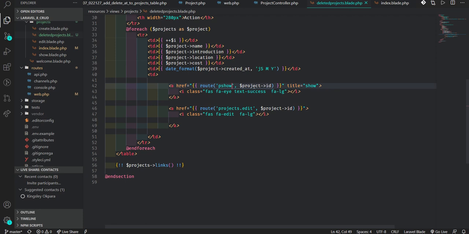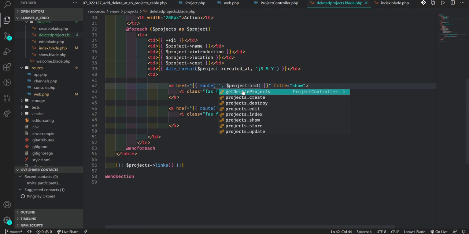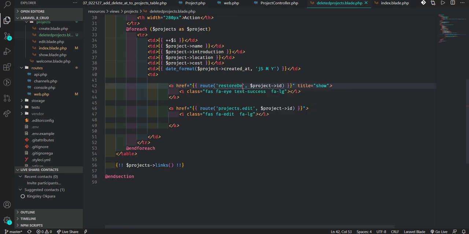So I'll give it a name. Which name will I give it? Let me think about a name to give it. Let me say I call it restore deleted project. I call this route restore deleted projects. It's going to collect the project ID.